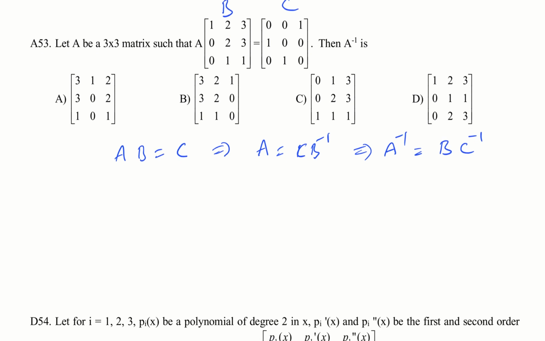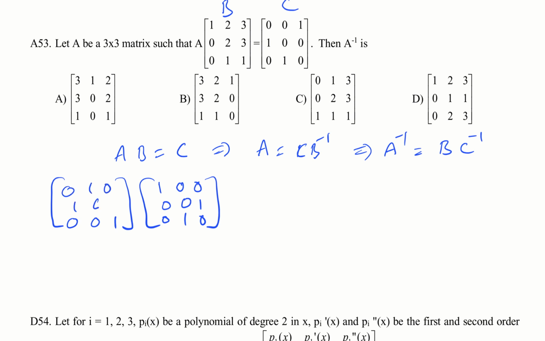Now if you observe, the C is nothing but the combination of these two elementary matrices. You see, I can see C as product of two elementary matrices where the first one interchanges the last two rows. That means it is like this, and again one more which interchanges the first two rows, which is nothing but this one. So observe that this is C.